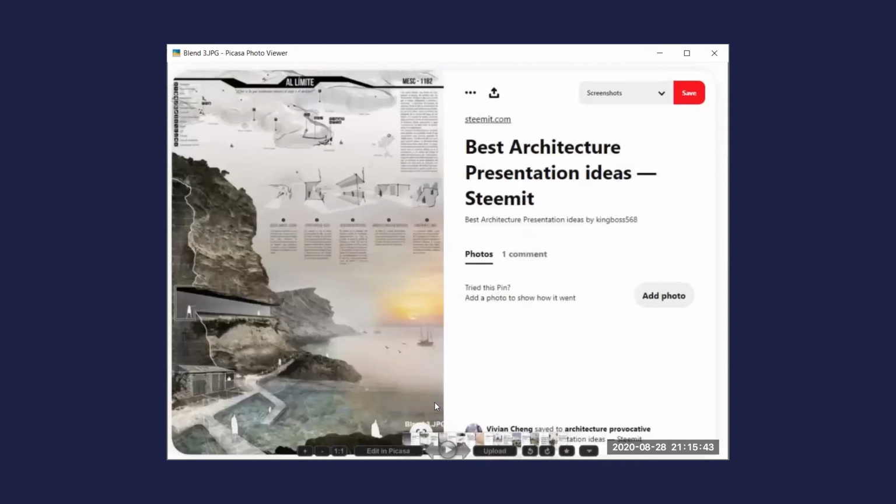Now another example I'll show you of blend. So see, this is another example of blend. Even over here on the left hand side, the entire sectional view is there, and on the right hand side, this entire portion of the sheet has covered entirely the technical details, the site details, etc.